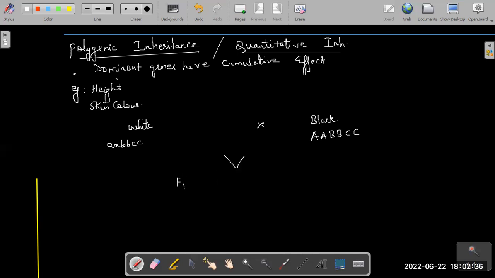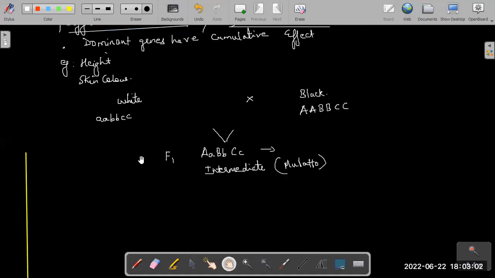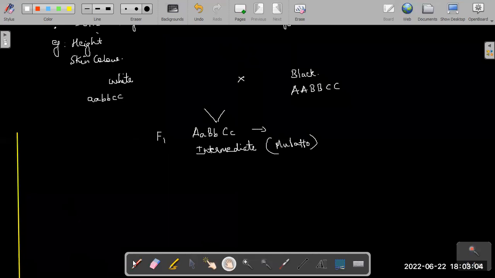In F1, what I end up getting is the heterozygous condition. Now what do you end up getting here for the heterozygous condition? This is intermediate color. And these intermediates are called mulattoes. That's a mulatto, intermediate color. So when you do such a tri-hybrid cross, your phenotypes will be